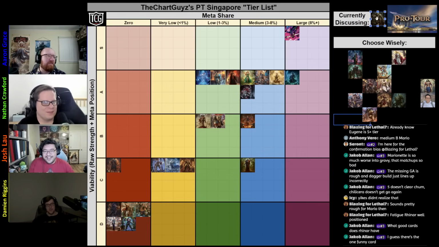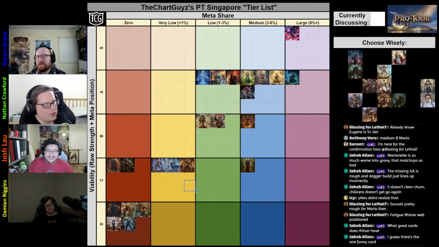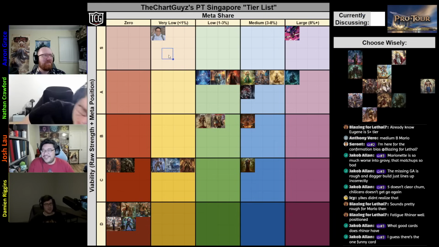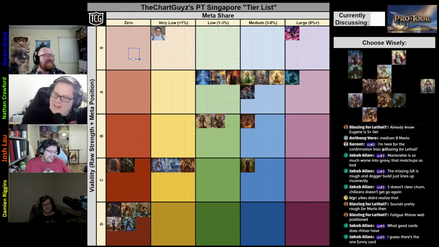All right, so unfortunate. I'm gonna put him next to Fi. We can't put him down here. He's got good armor, good cards. Yeah, sure. All right. Let's go ahead and put Eugene in S tier very low. Yeah. S tier very low. All right. Nimbleism Reinhardt. Jesus Christ. For those of you guys who don't know the story here,